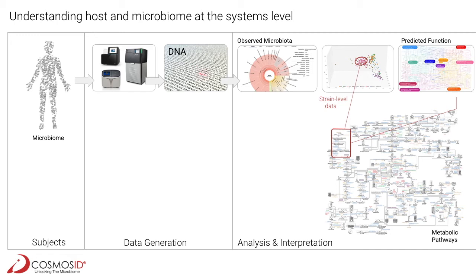And the process of DNA sequencing converts that biosample into a digital sample, which can then be interrogated through bioinformatics. Depending on the sequencing method and the bioinformatic method that you use, you can not only obtain strain level or taxonomic abundance profiles, but you can also obtain abundance profiles of functional genes observed in the microbiome as